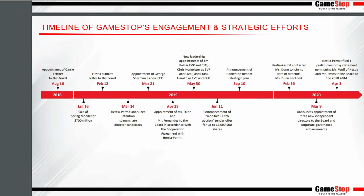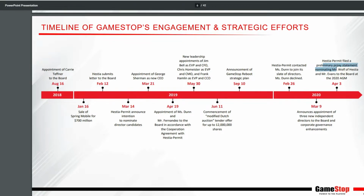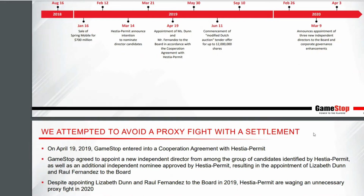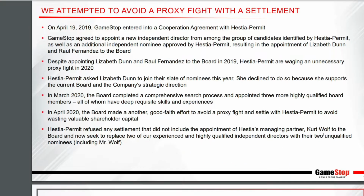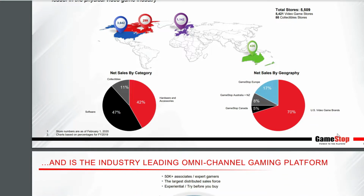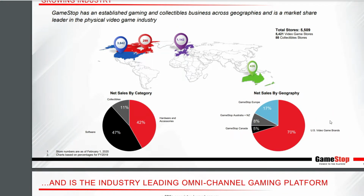Nothing seems to be significant enough, but Hesta and Permit filed a preliminary proxy statement nominating Mr. Wolf of Hesta and Mr. Evans to the board at the 2020 annual general meeting that happened back in April. So it looks like they are really going through a major restructuring to try to survive their business. That might look a bit positive, but it shows a little bit of weakness in terms of